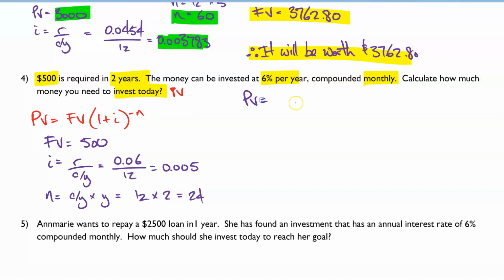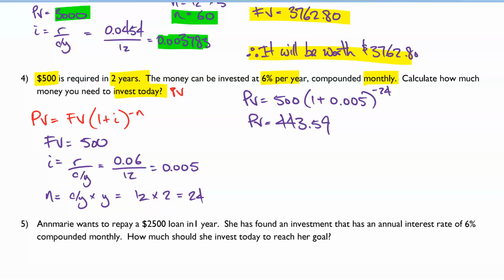PV is equal to 500 bracket 1 plus 0.005 to the exponent negative 24. You have a future amount. You want to figure out what you had in the present. You're going backwards in time. You could think that should be negative. Okay, so I'll pause it and let's see the answer. All right, look at that,